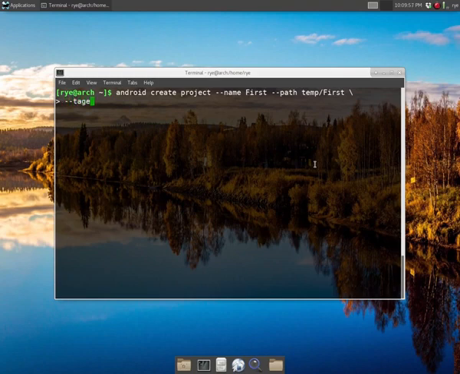Then --target, and then the Android API version that you want to target. At the time of this tutorial, the latest API version that I have on my system is version 23, so it's android-23. Alright,